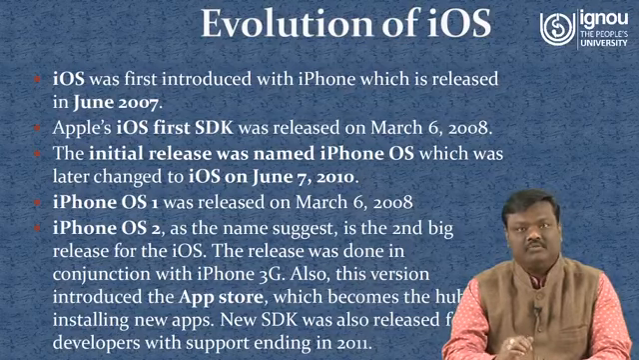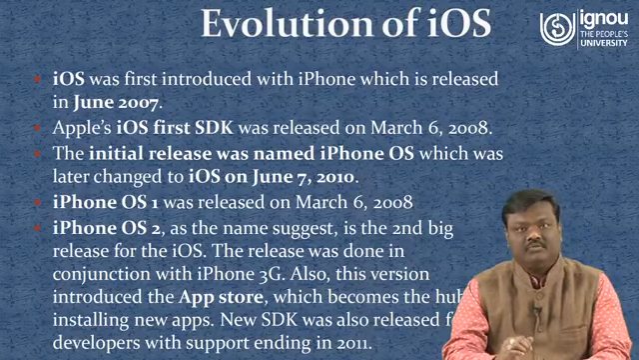So iPhone OS 1 was released in 2008. iPhone OS 2 version, as the name suggests, is the second big release of the operating system. Right from the year that it started, it is making an effort to release a new version every year. So this is the trend that is followed by Apple's iOS. So iPhone OS 2, as the name suggests, is the second big release for iOS, and during this particular release,